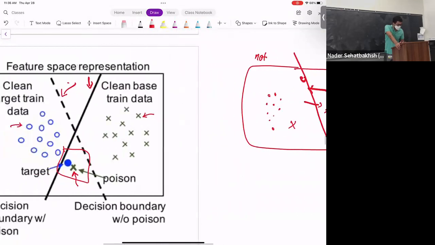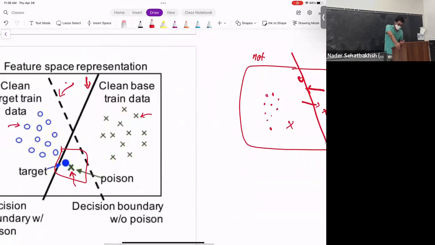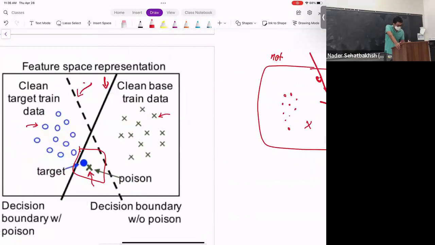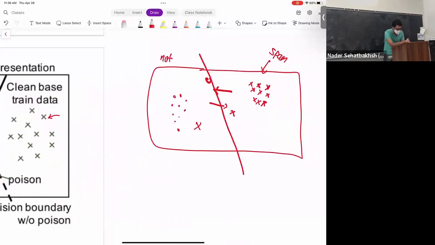What will happen is that we need to make a new decision boundary, right? And this decision boundary basically moves things in this direction, okay? And when you're doing that, now the next time that we put a sample here, since it's on the other side of the decision boundary, it thinks that it's not spam. Okay, so this is basically what would happen, right?